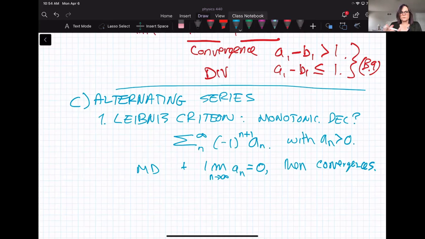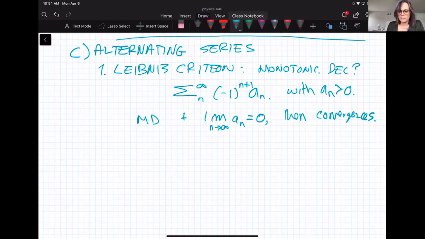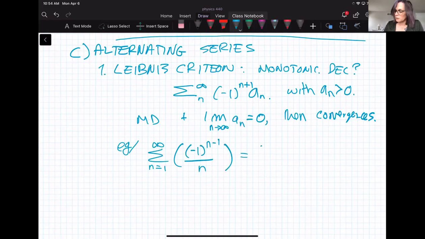Now, obviously, this isn't true for a series that has all positive terms, but this is true for these alternating series. So we can consider the alternating harmonic series. In this case, the sum is n equals 1 to infinity of -1 to the n minus 1 over n. And obviously that'll be 1 minus a half plus a third minus a fourth plus a fifth